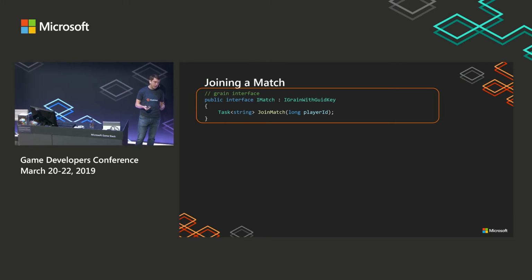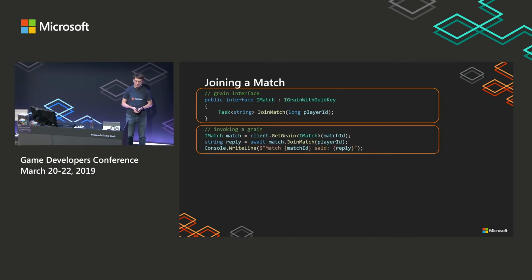So I've talked a lot about and shown a bunch of pictures, but let's get to the code. What does this actually look like for developers building these services? Well, the first thing that you have to do when you're building an Orleans service is to define the grain interface. And this is about as simple as you can get. There's a single method on this interface. The only requirement here is that it has to be asynchronous,